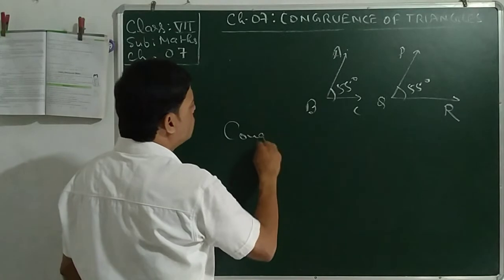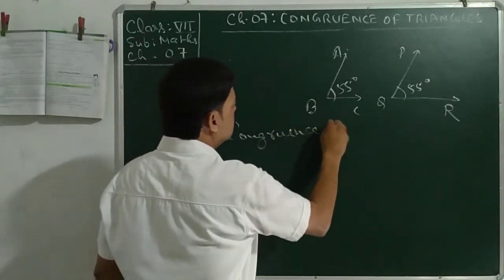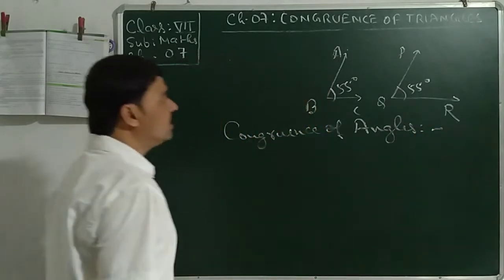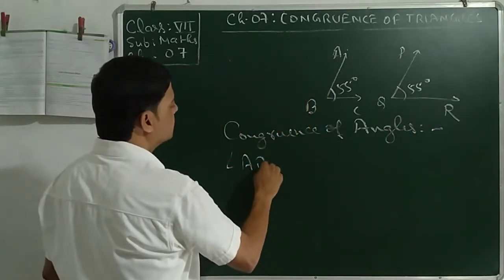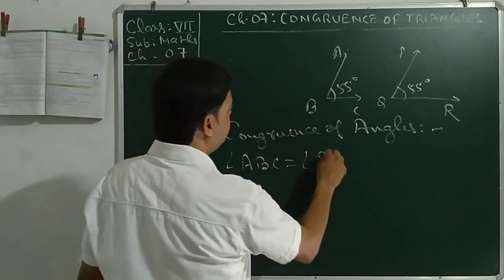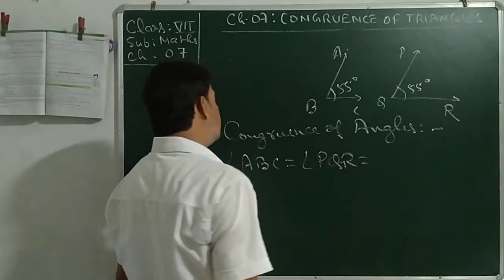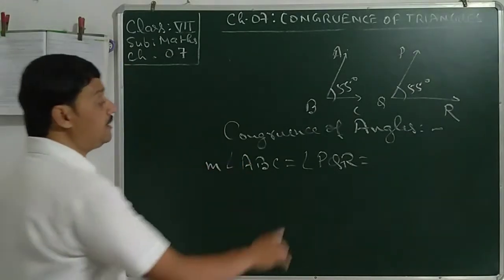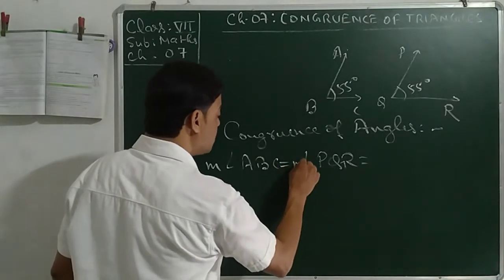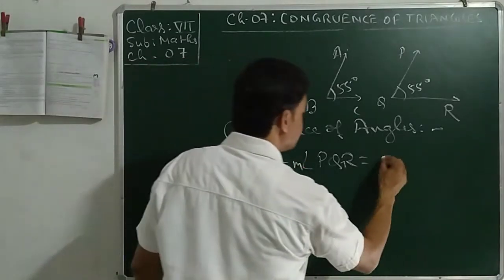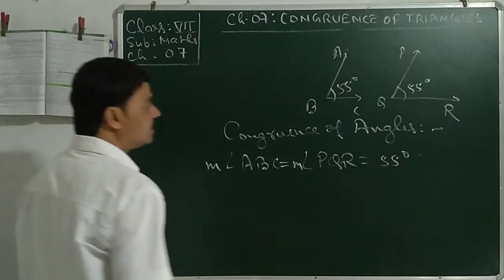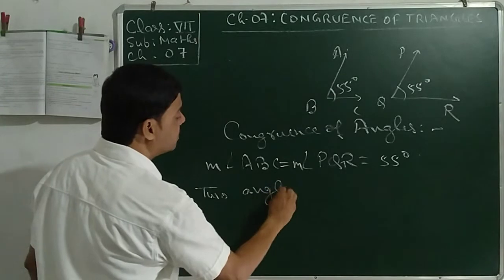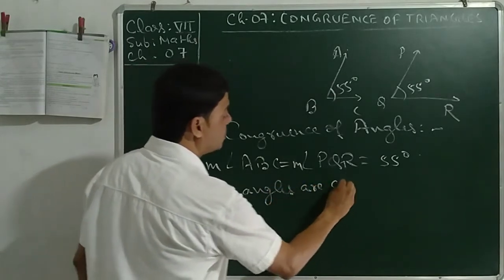In case of congruence of angles, see, angle ABC equals angle PQR, that is, measure of angle ABC is equal to measure of angle PQR, that is equal to 55 degrees. The two angles are congruent